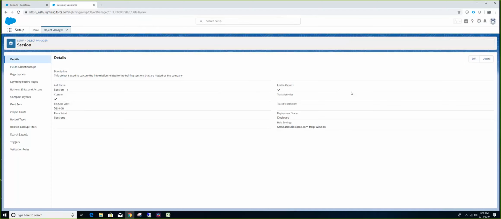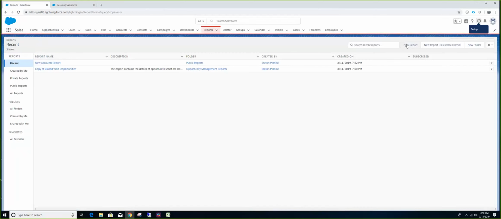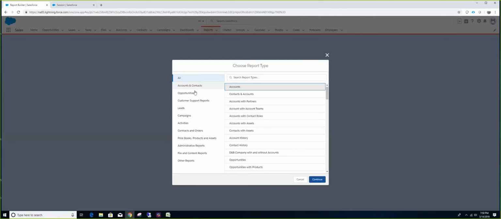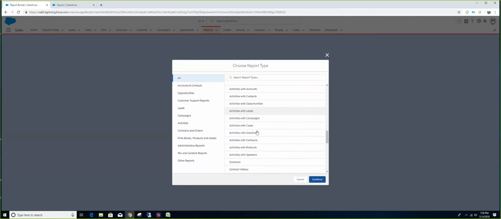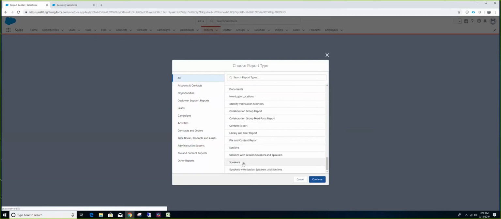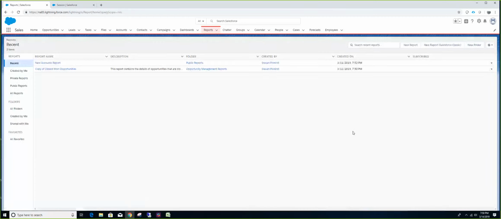If the Enable Reports checkbox is unchecked, you will not be able to create a report, because the report type will not be available for you if you uncheck that checkbox. So the report type is nothing but a template through which you create a report.